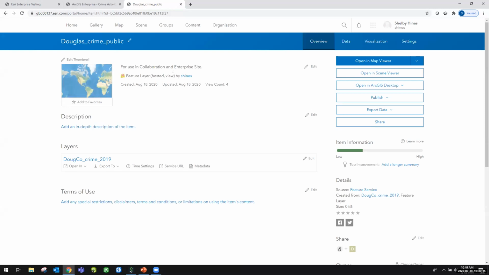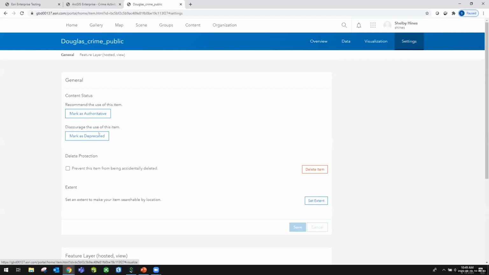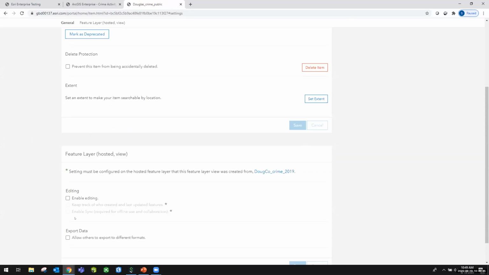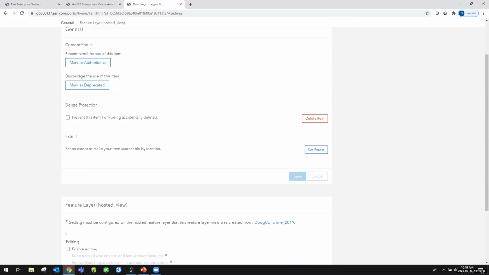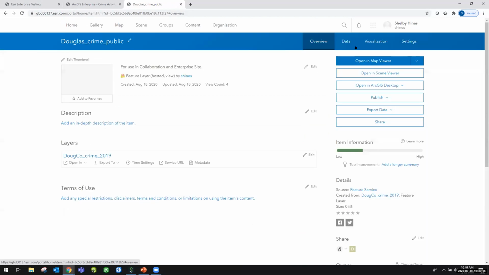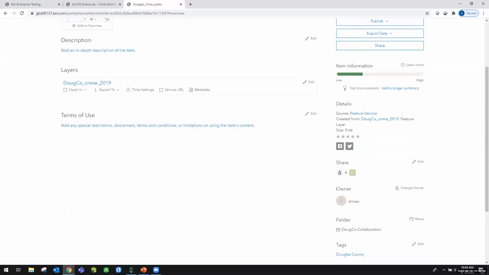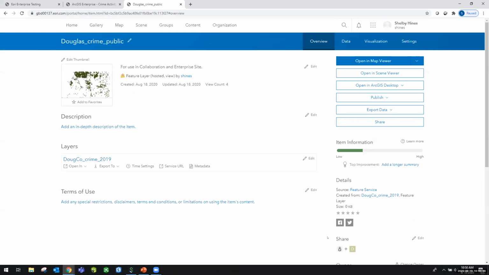Okay, once again, we can see it's a view. We can see the layer it's pointing to. I want to point out under settings of that view that editing is not enabled. So on our public view, we don't want people to get in and edit. Also want to point out that the view is shared here on the bottom right with that group, with the